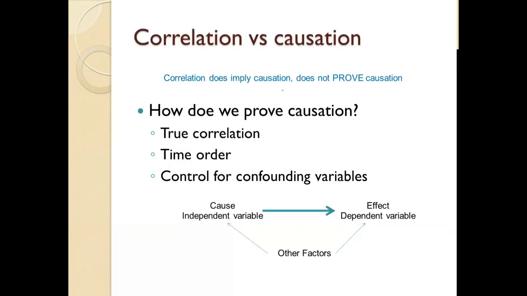In science, it's important to identify the difference between correlation and causation. A single experiment might identify correlation, two variables that are somehow connected to each other. But one experiment alone will not prove causation. Correlation does not prove causation. There's a lot of things we have to take into consideration to ensure that one begets the other. Part of that is we have to verify repeatedly that that correlation is real with larger data sets and data sets spanning different times. We also have to verify time order, that the cause occurs before the effect.